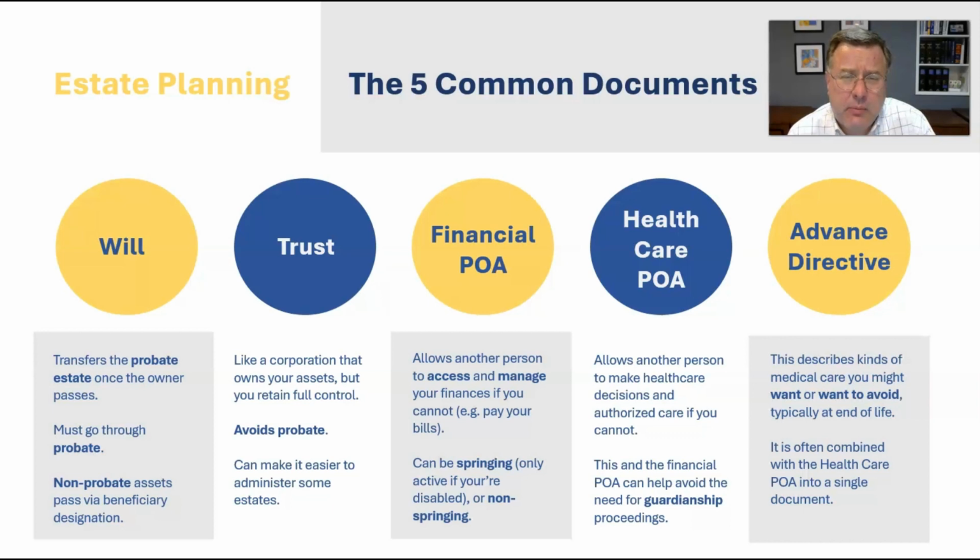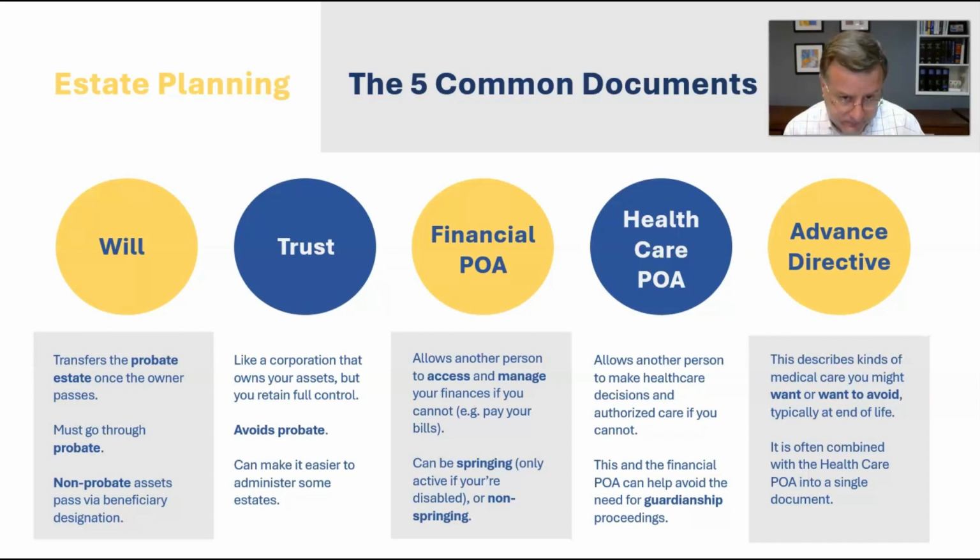The other thing to keep in mind with a will is that all wills must go through probate. So probate is a process where the court formally recognizes the will. The court then supervises carrying out the terms of the will. But all wills, if we're having a will transfer somebody's property at their death, all wills have to go through the court. So that's something to keep in mind when we're thinking about how we're going to use a will in our estate plan.